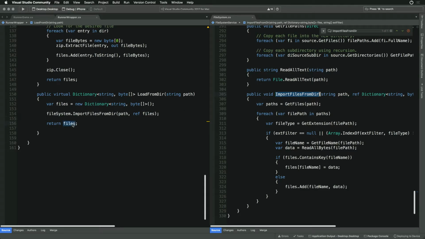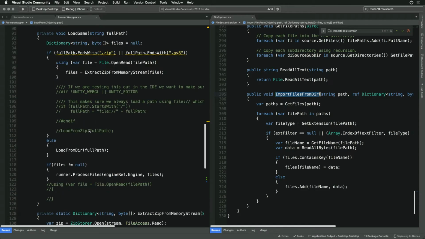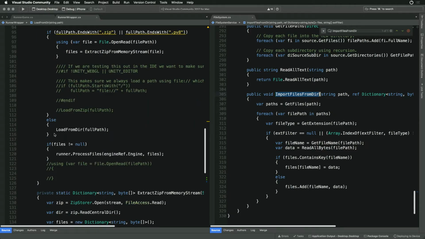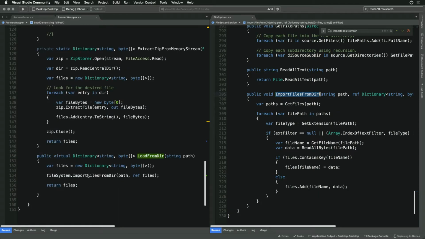And then this should return the files, and once we return the files, it'll set files to equal load from directory, and then it'll basically go through and run this. So